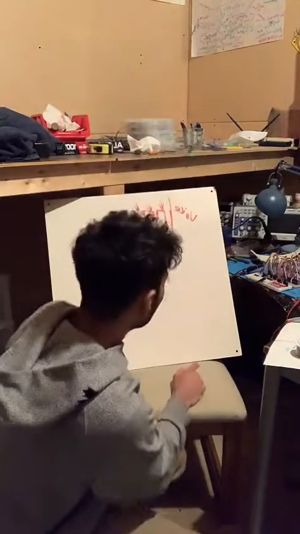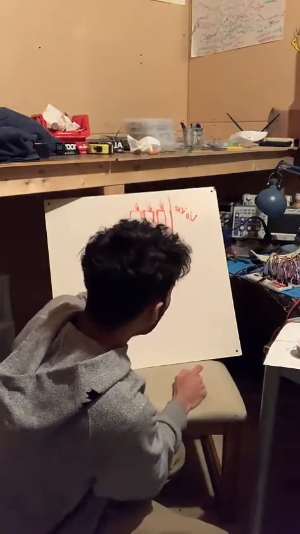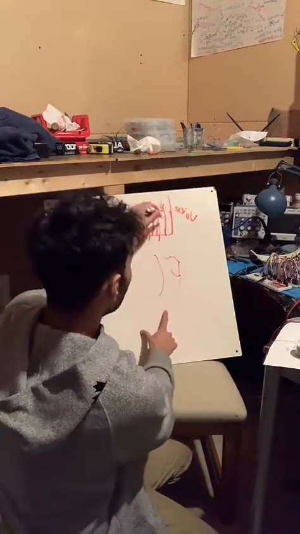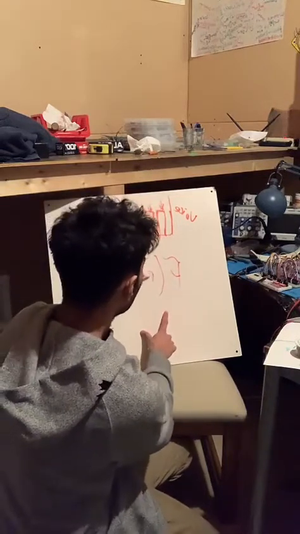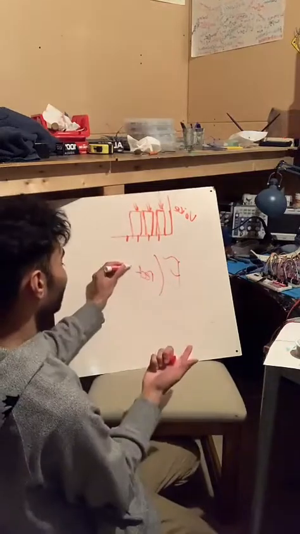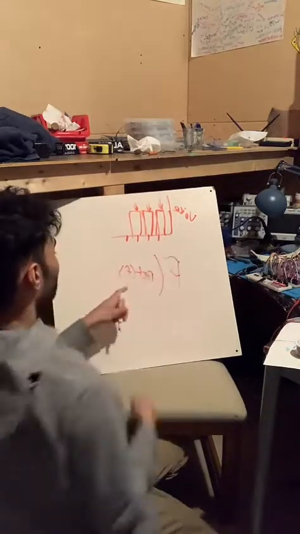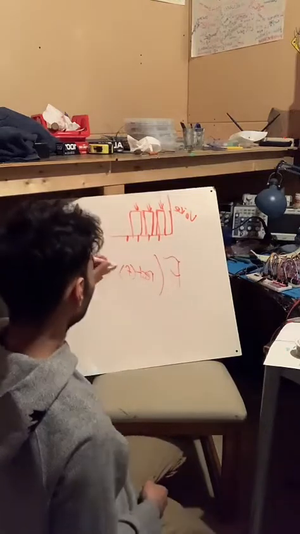Now let me tell you something. If you take the Fourier transform, just say this is the Fourier transform of a rectangle, we'll call it rect. There's a function called the rectangular function of some frequency. You put a rectangle at some frequency. Do you know what this gives you?